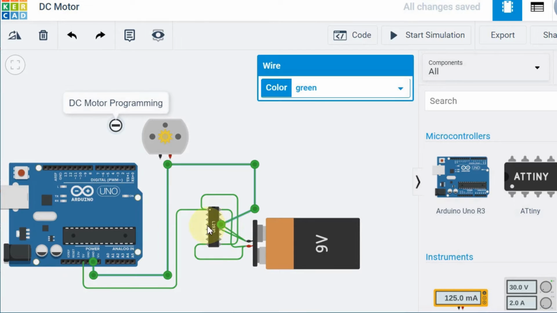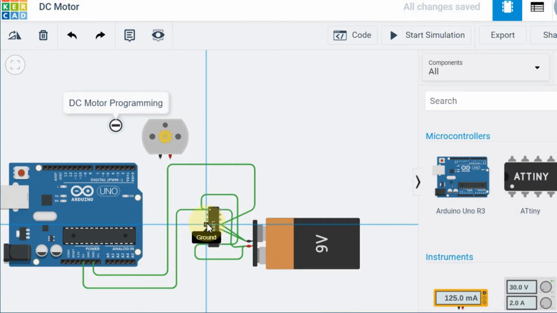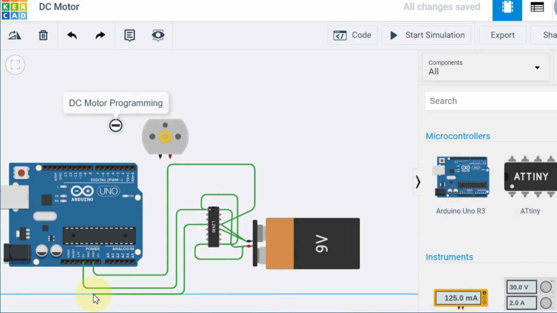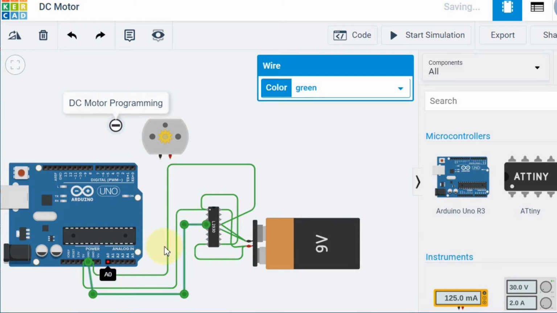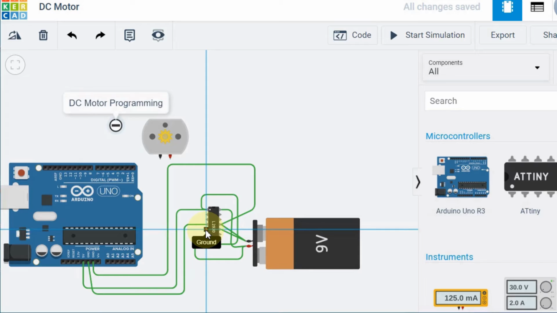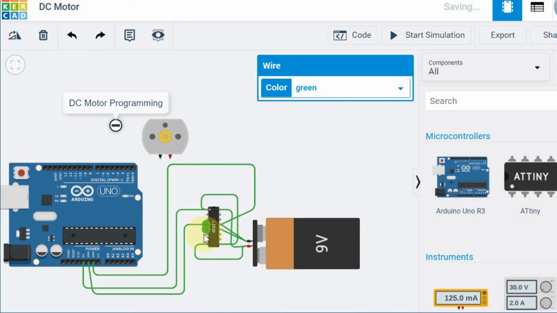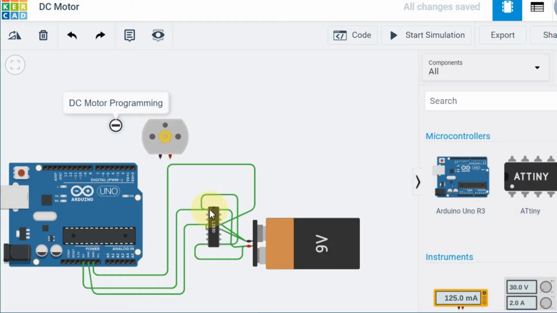So this side ground also I need to connect. And this pin also needs to be connected. I shorted this to ground and this to ground. All these grounds have been connected to the battery as well as the Arduino board. So I enabled the 1 and 2 output motor pins and the 3 and 4 output motor pins.